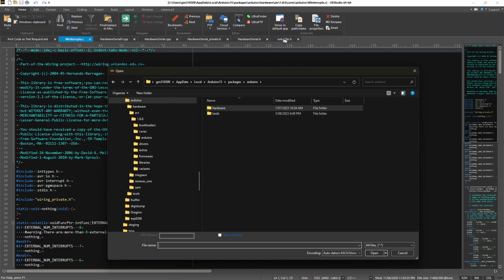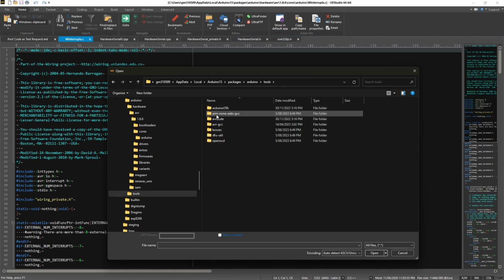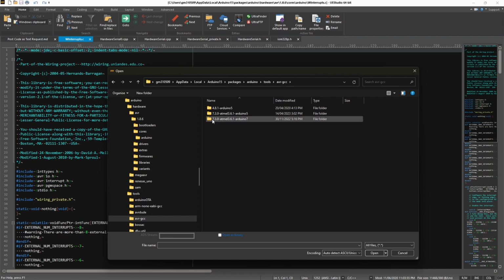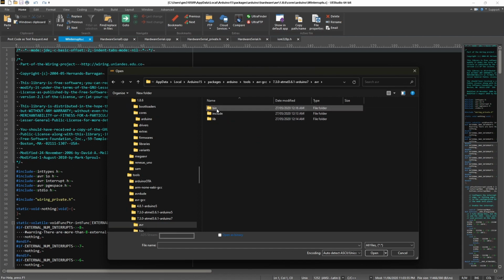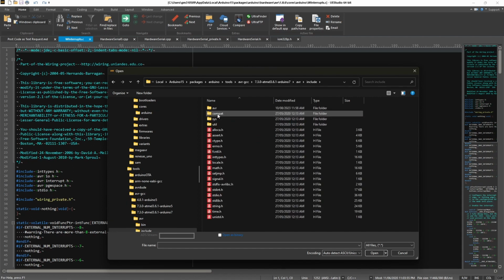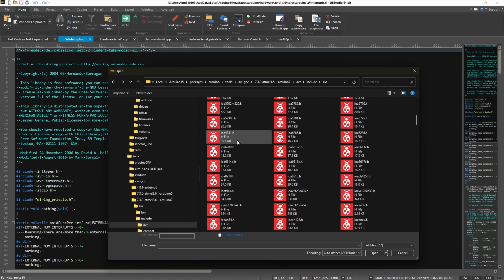Then the IOM 328p files, the Microchip header files that have the configuration and all the constants and definitions for each MCU, are in the tools path. So it's tools, AVR GCC, and we'll choose the latest one, 7.3 Atmel. Then it gets a little bit repetitive, so AVR, include, AVR,